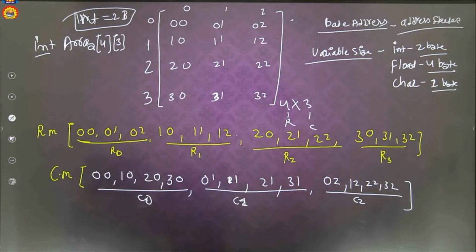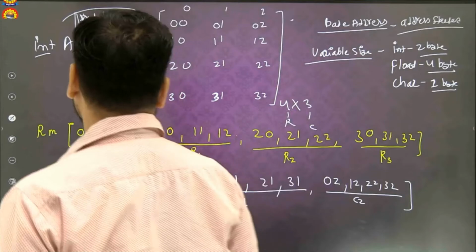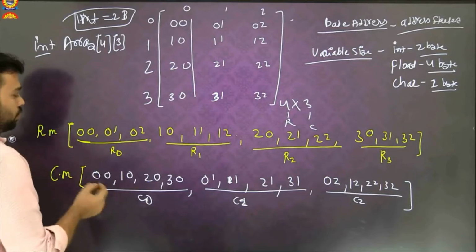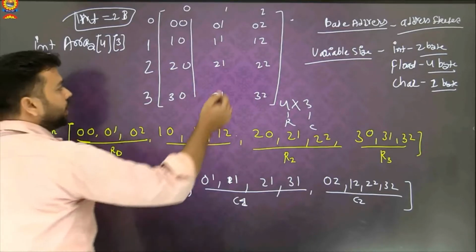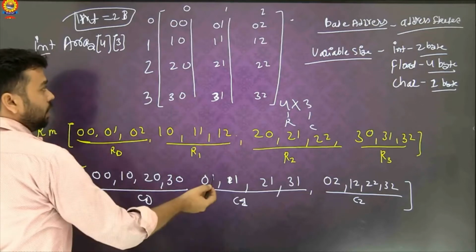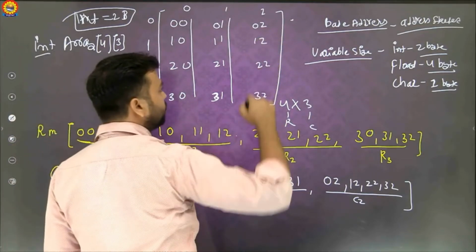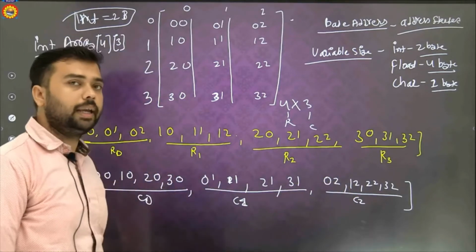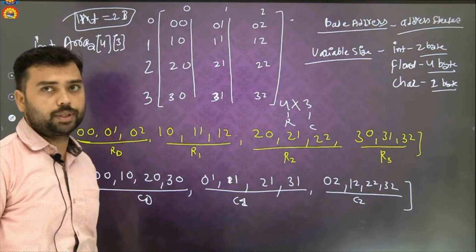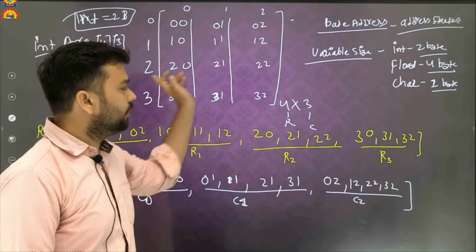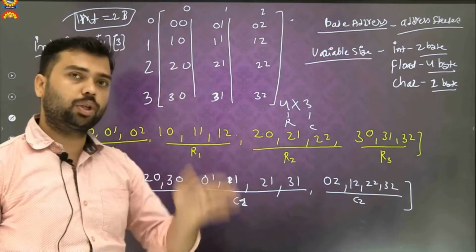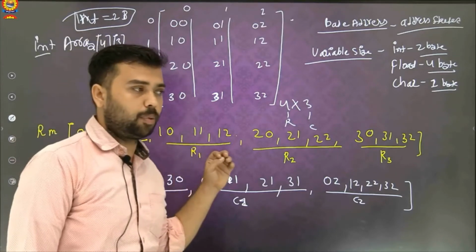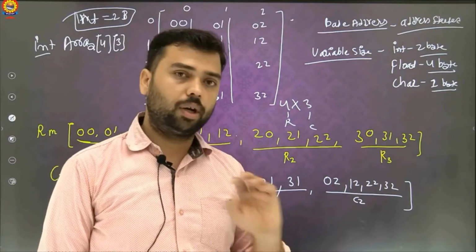Okay, Bhagwat Lal asking, repeat the column address. See, first of all we store this column 0,0, 1,0, 2,0 and 3,0. Then we store this column 0,1, 1,1, 2,1, 3,1. Then we store this column 0,2, 1,2, 2,2 and 3,2. That is known as column major. I already discussed the program in column major and row major. In the row major, we store the values row wise, and in the column major, we store the values column wise. We already discussed how we can code the program.